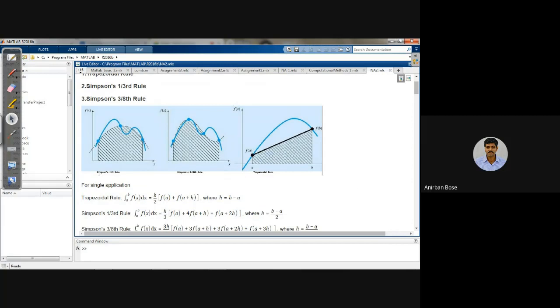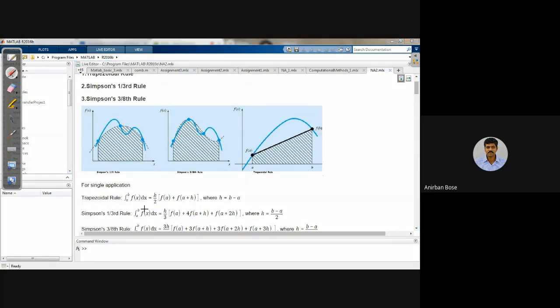You know what will be the formula if you want to use this. The actual integration can be approximated as the area under the trapezium. In case of a single segment, you can understand what I mean by the single application. That means only a single segment, exactly what is shown in the figure. So what will be the area under this curve? You know that in case of a trapezium, the area is basically the sum of the parallel sides. The sum of the parallel sides is f(a) and f(a plus h). So what is h? h is nothing but the whole distance here, b minus a, as you can see, right?